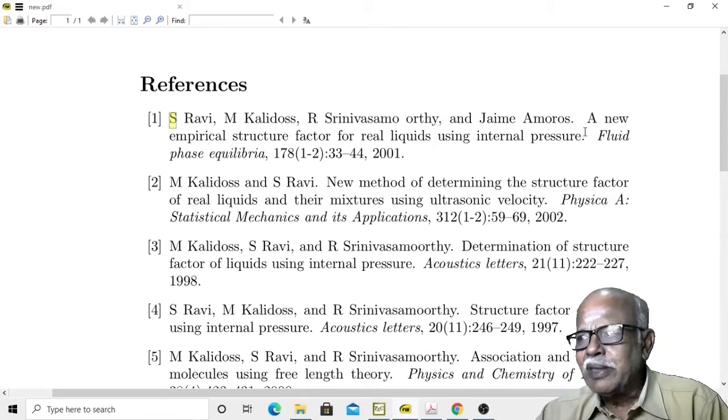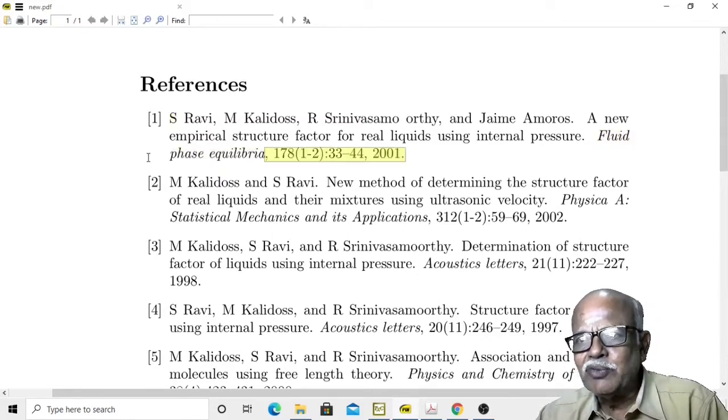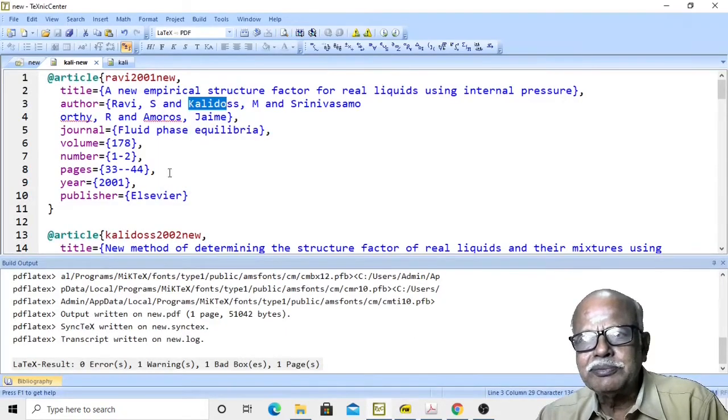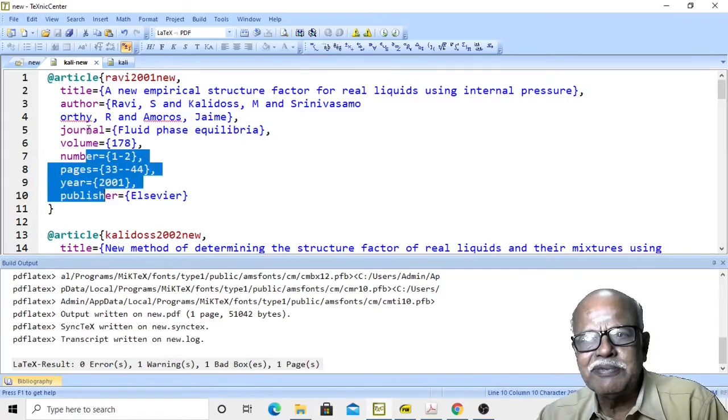Again, the journal title Fluid Phase Equilibria is automatically emphasized in italic font. 178 is the volume, 1-2 is the issue number, colon, page number and then year. Now, these are the data available in this file.